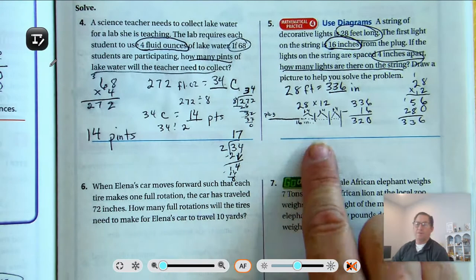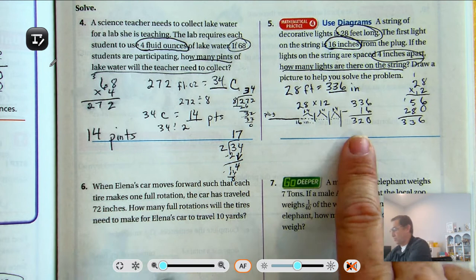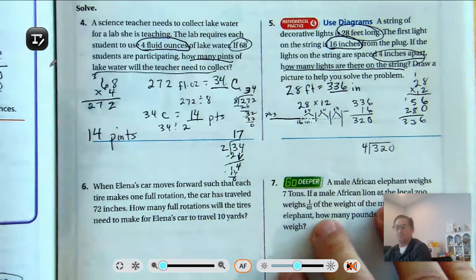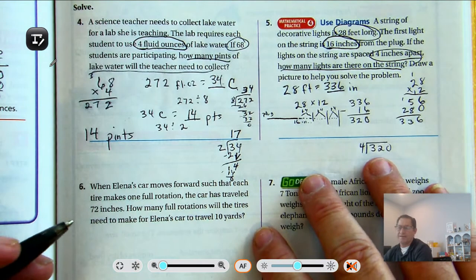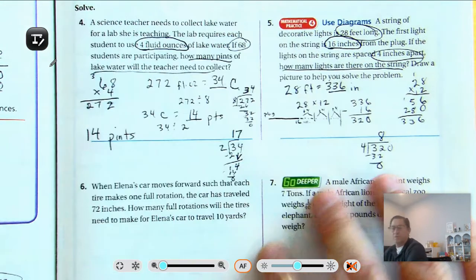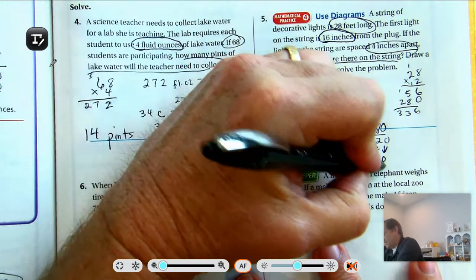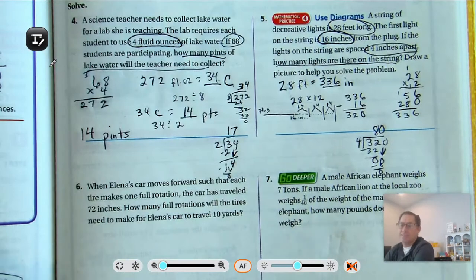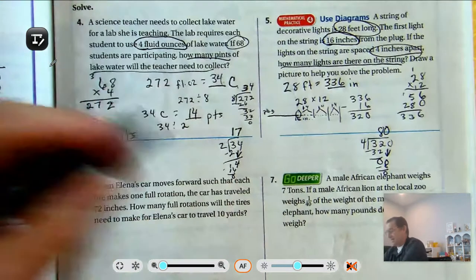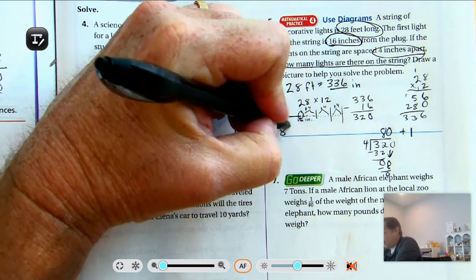All right. So after the first light, every 4 inches will be another light. So we have 320 inches left. So 320 divided by 4. I can't take 4 from 3, but I can from 32. 4 times 8 is 32. Bring down the 0 ones. And so we know that there's going to be 80 lights spread out among the 4 inches. But we still do have this first light. So 80 plus 1, there will be 81